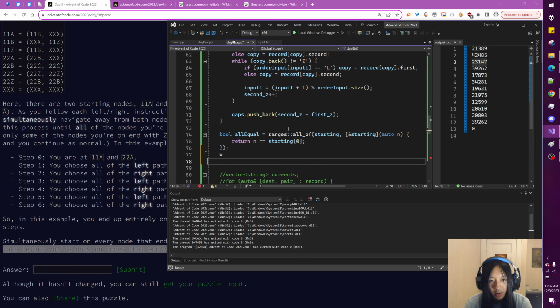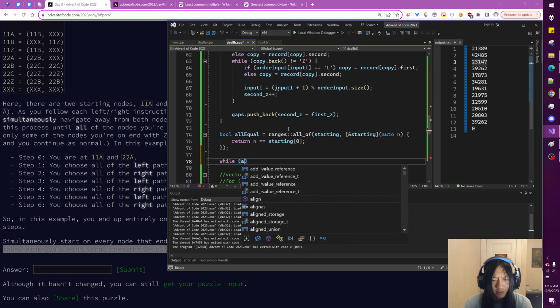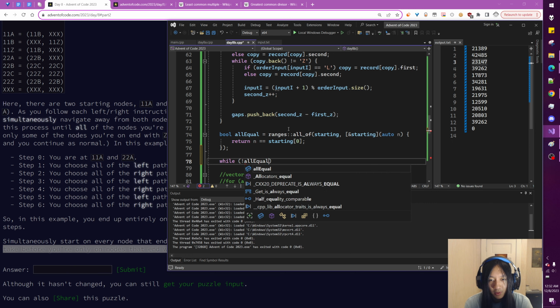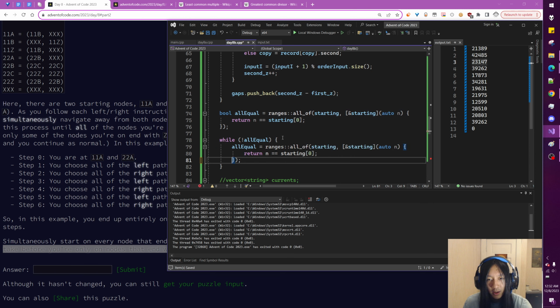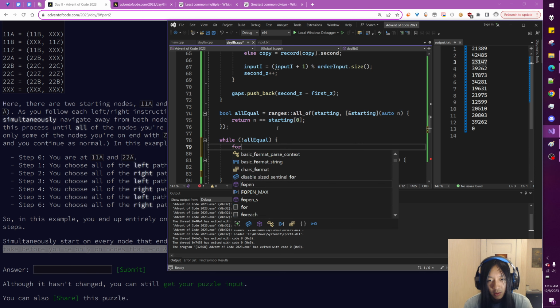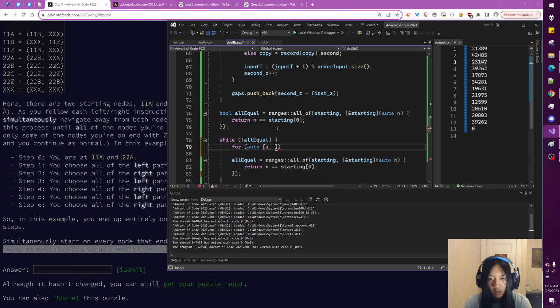So perhaps while all equal, and where all equal is this calculation,